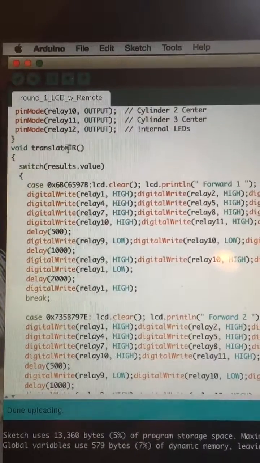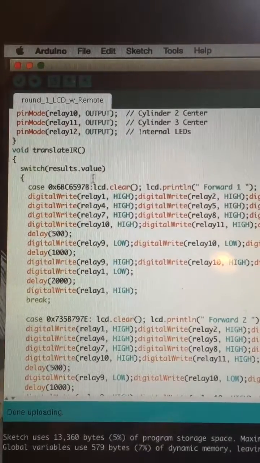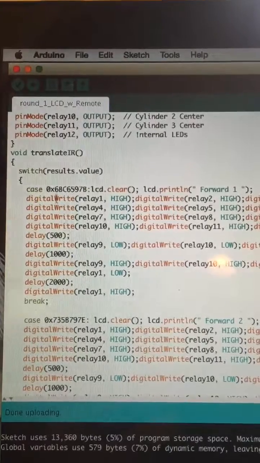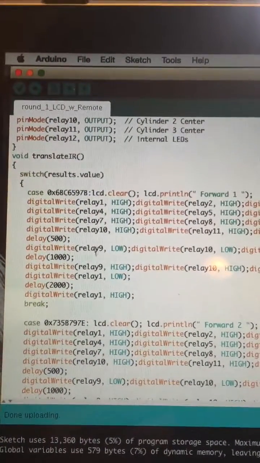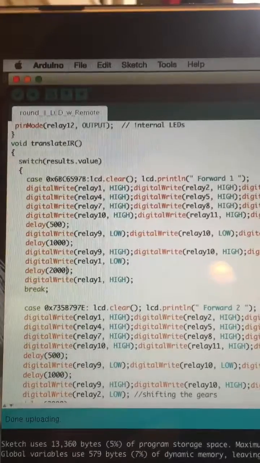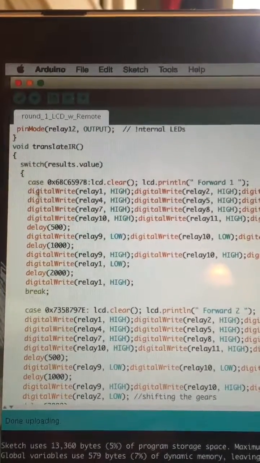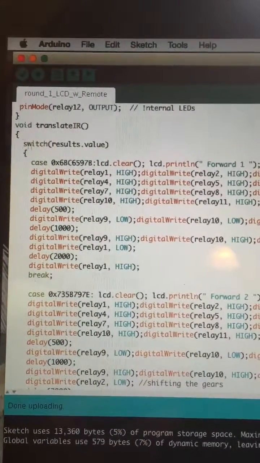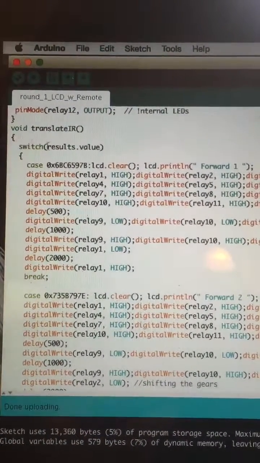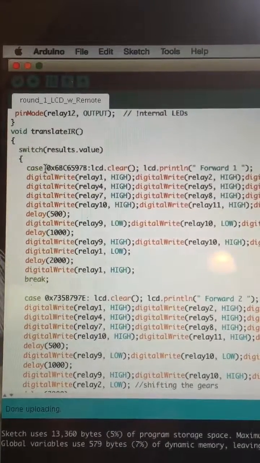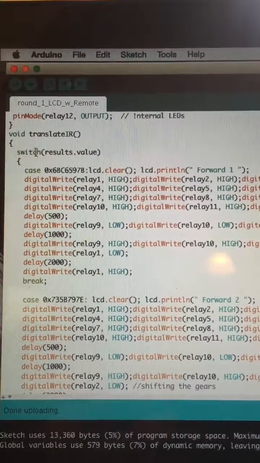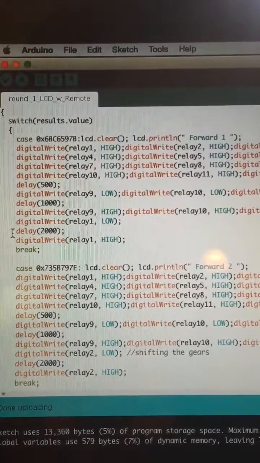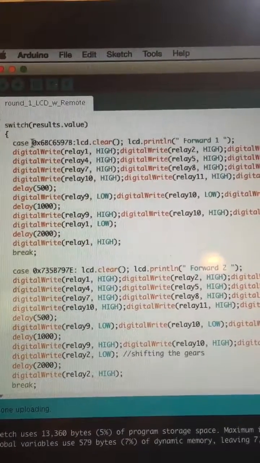So then I have this void translate IR, which is just translating the signals again, and it's translating those signals in terms of these case commands. To do a case command, these aren't very hard to find information on. What you're going to do is make a switch command, and those will work for the case. So we're going to say switch results value, and those are the results that the IR receiver is taking in. So we have case